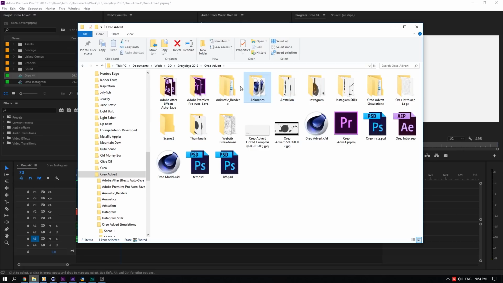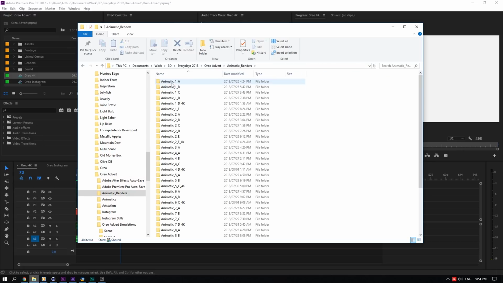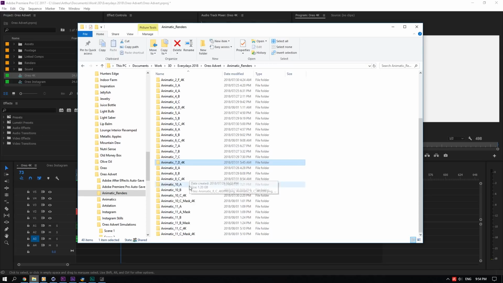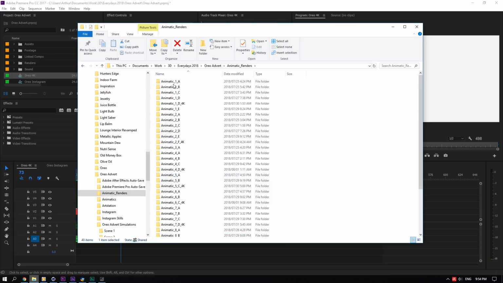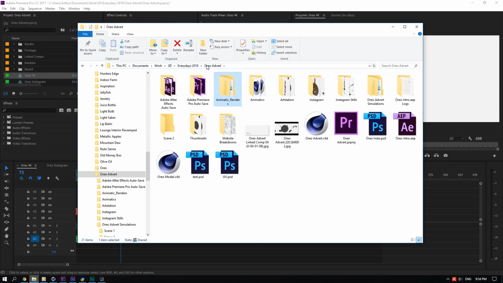And then I also have the animatic renders here. And then here I have the number of the sequence, and then A, B, C, D for the different renders I do. Let's say I change a few things, or I bump it up to 4K for the final render. Then you'll see it says 4K. That means those are the final 4K renders. And I also have the masks for the multi-passes and stuff like that. So it's just A down to Z. If I ever reach Z, so it's just different versions, just in case I want to go back to a version and see what that looked like. So that's animatics, and then the animatic renders,